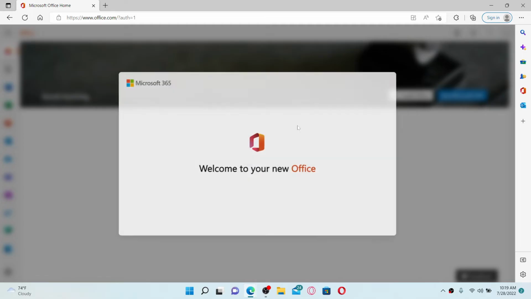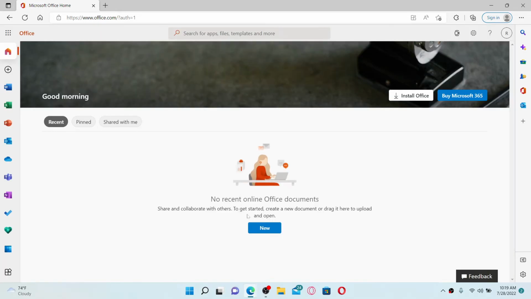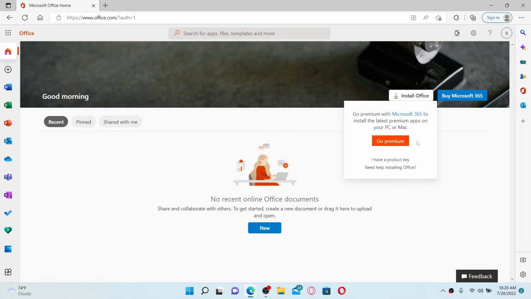Once you're logged into your Office 365 account, from the main home page, go to the top right hand corner and click on this Install Office button. In order to install Office 365, you'll need to first redeem a product key. Simply go and click on this I have a product key if you do,